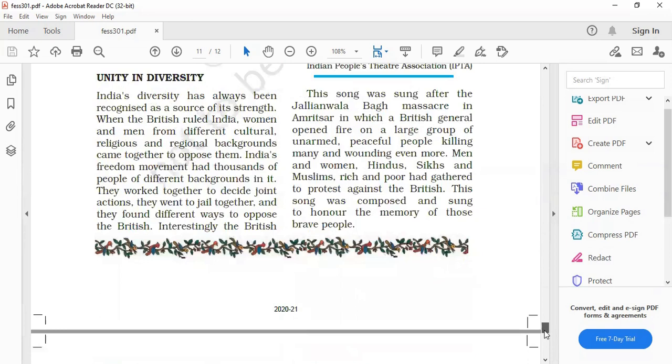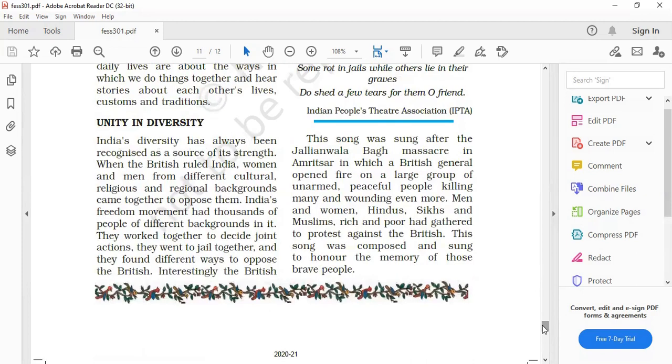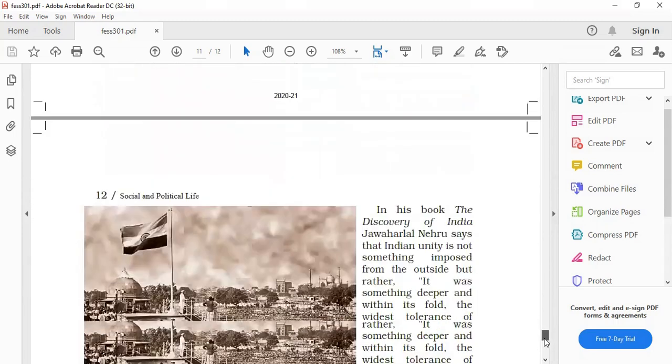Okay, then comes the Jallianwala Bagh massacre. As you all know, it's the biggest disaster in Indian history. So write about the Jallianwala Bagh massacre. Here is your answer: the Jallianwala Bagh massacre, what happened? And next